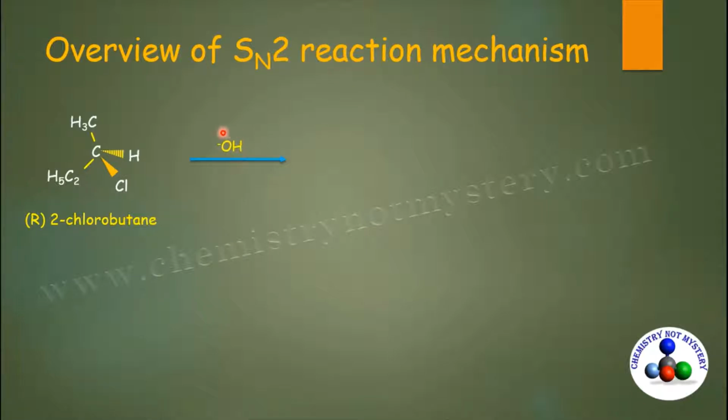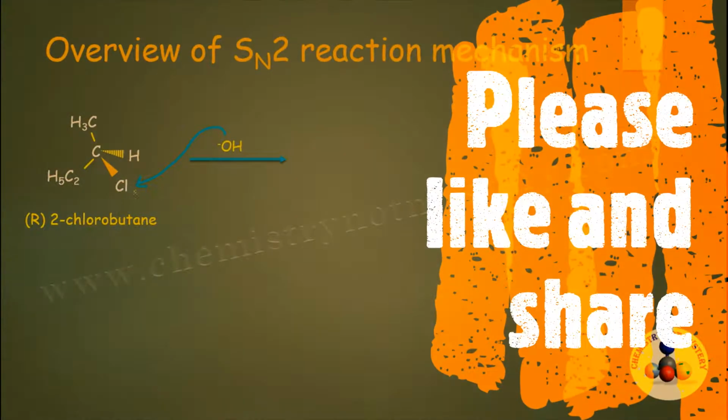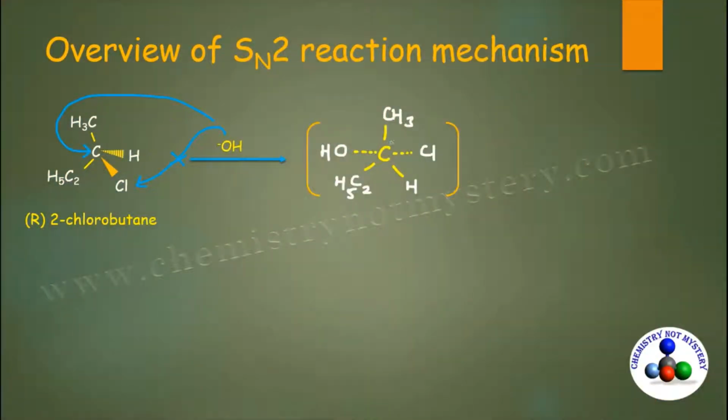In SN2 reaction mechanism, the strong nucleophile replaces weak nucleophile. So when the strong nucleophile tries to replace the weaker nucleophile, it cannot approach from the same side of the molecule to which the leaving group is bonded, because it has to face repulsion from the leaving group. That's why it will prefer to attack from the backside of the molecule, and it results in the formation of pentavalent transition state. In this pentavalent transition state, the bond between nucleophile and carbon is still forming while the bond between carbon and leaving group is still breaking.